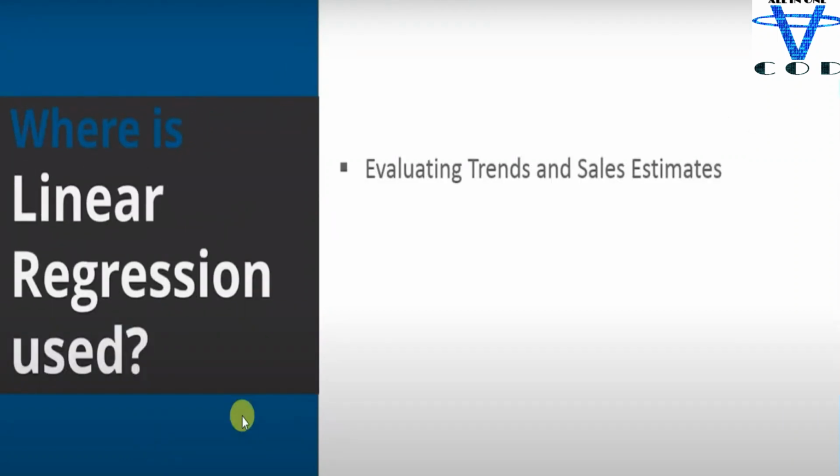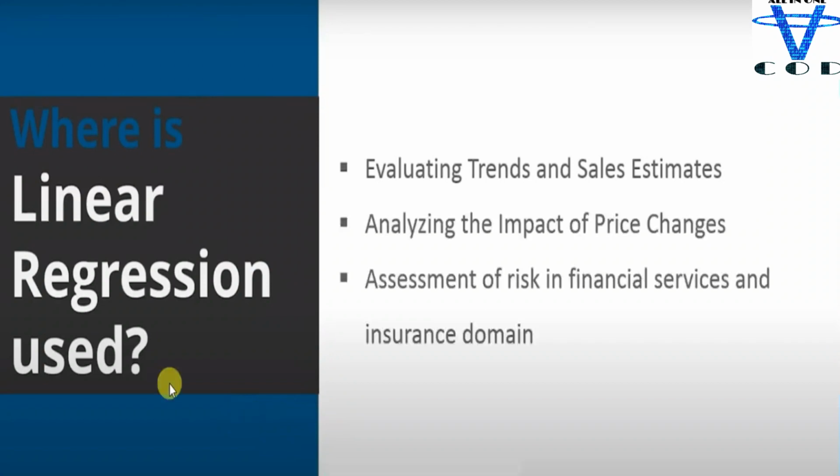Linear regression is used when you want to predict the stock value, or your company profit and loss. It is used in many areas, like evaluating trends and sales estimates, analyzing the impact of price changes, and assessment of risk in the financial service and insurance domain.